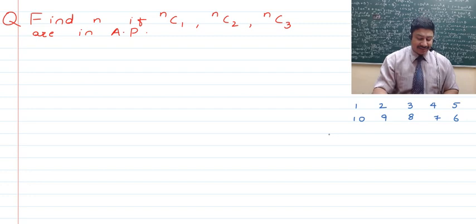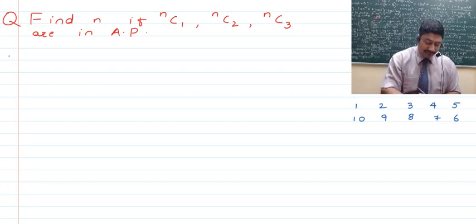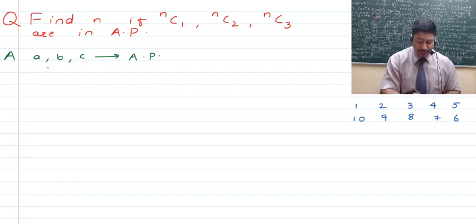Okay children, now let's discuss the sum. In the question, you've got to find the value of n when these three numbers are in AP. So reminding you first that if you have three numbers, say A, B, C, which are in AP, then remember the second term, that is B, is equal to 1 upon 2 times the sum of A and C. Or in other words, we can say that the common difference is equal. As such, we have B minus A equal to C minus B,